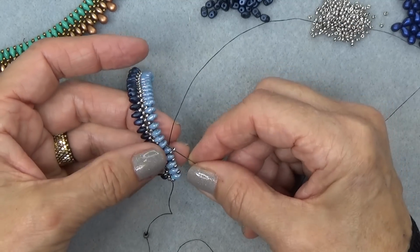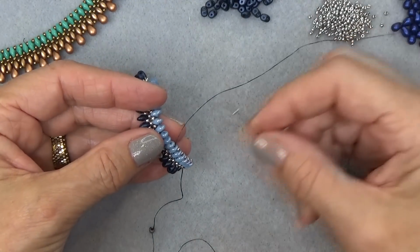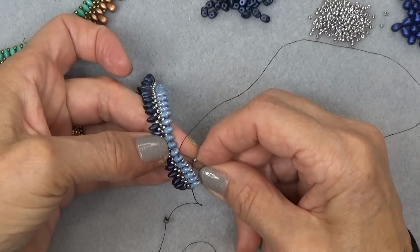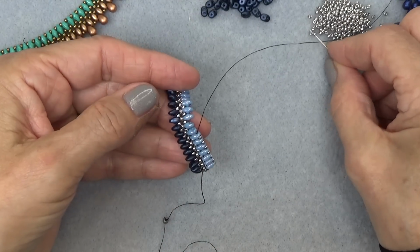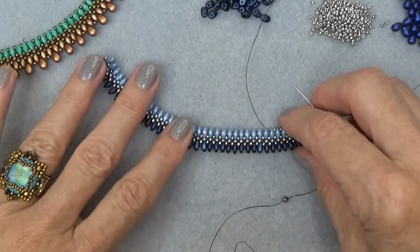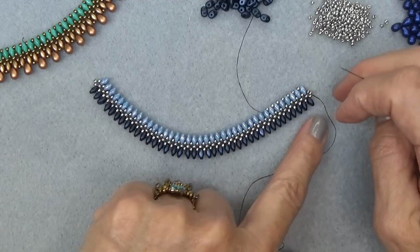15-0s. Sometimes a seed bead, a Toho, is bigger than a Miyuki. A Matsuno is going to be bigger than a Miyuki. Sometimes if they're super coated with different finishes, it makes them bigger. So don't sew anything in at the end of this. And if you're having trouble with it curving, because you see it's curving right now, if you're having